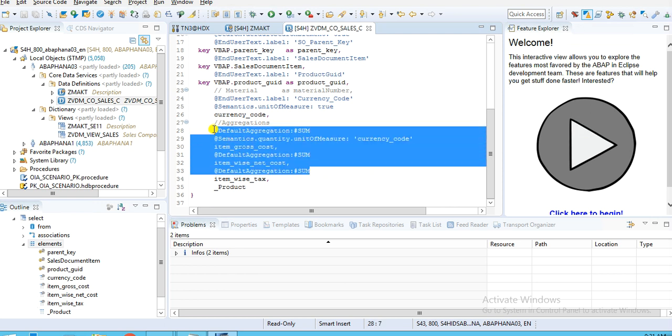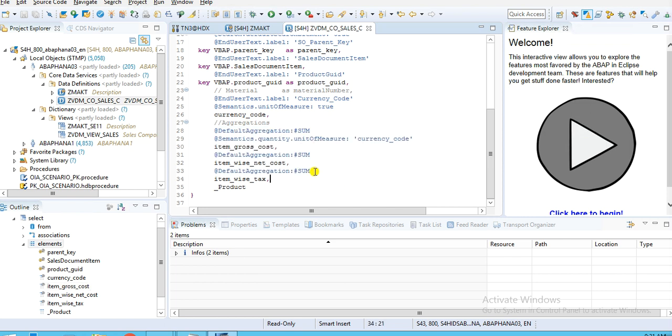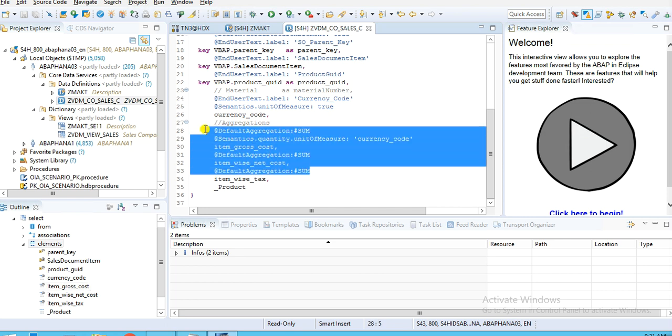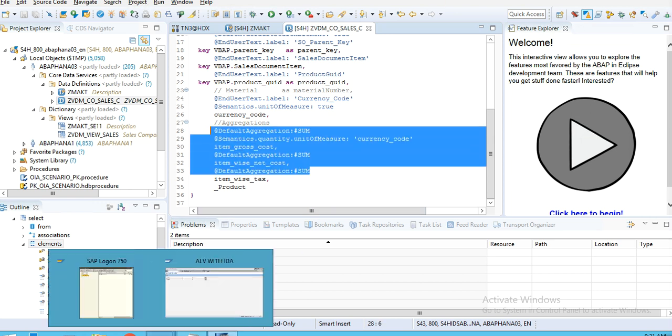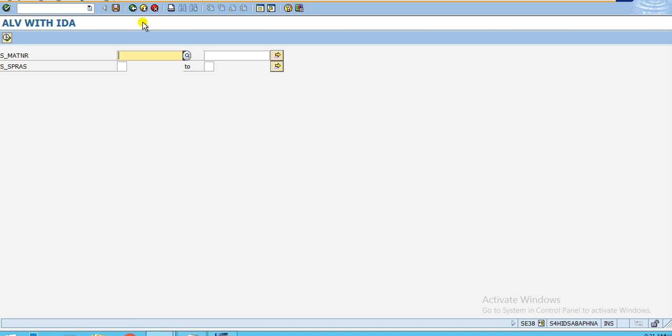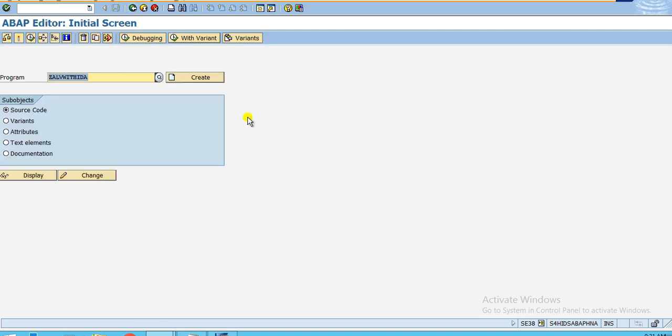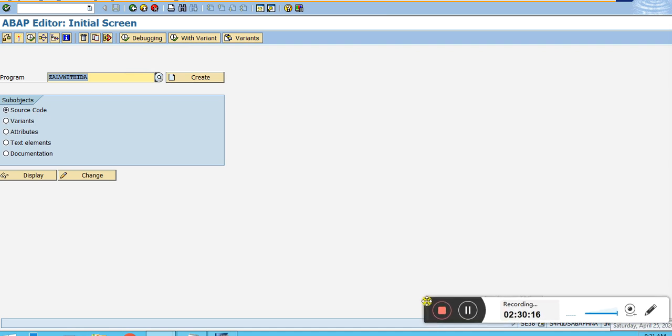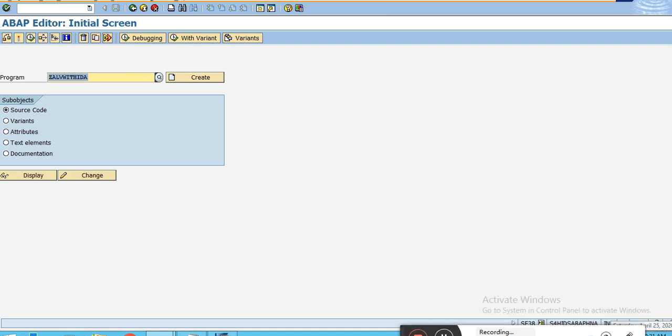I have shown you what the effect is in a transient provider, or how you can utilize this in BI or BW or in Fiori. But in ALV IDA it still needs to be explored how we can use all these annotations. So this you can do yourself. And now what we can do is we can stop our